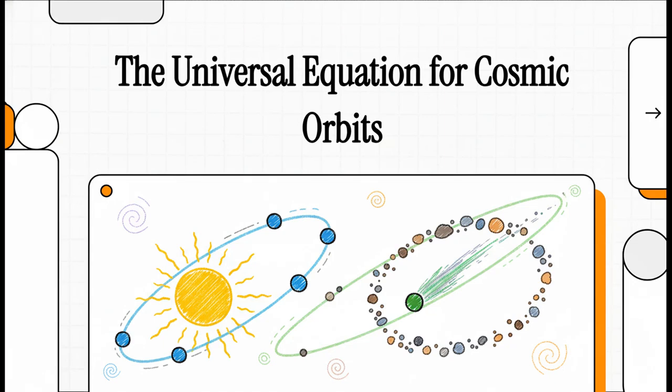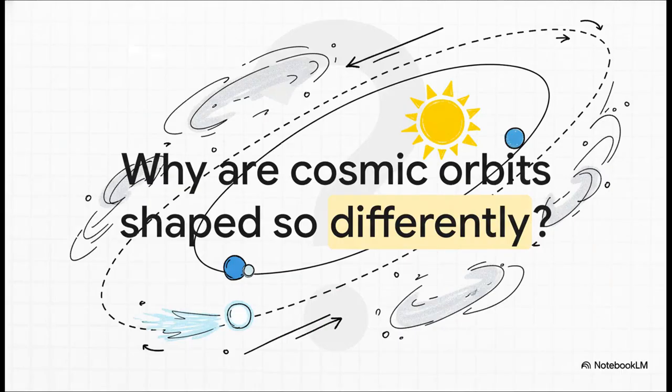All right, today we're going to pull back the curtain on the elegant mathematical secret that actually governs every single orbit in the cosmos, from planets all the way to comets. Turns out, it's just one equation that explains it all. Let's dive in. Have you ever looked up and just wondered why the Earth follows this nice, predictable, almost circular